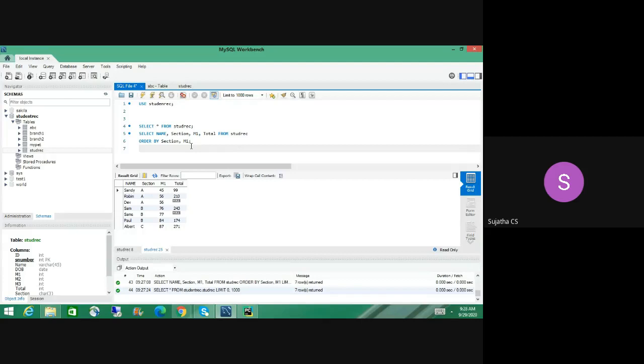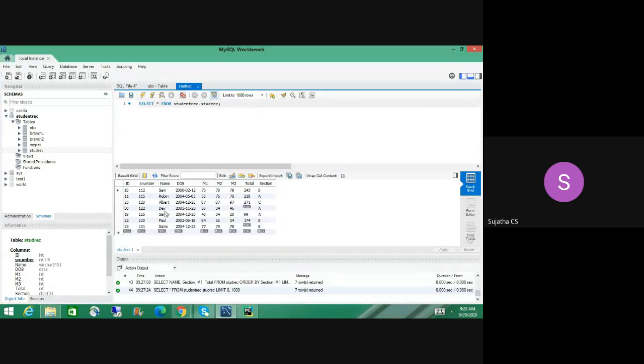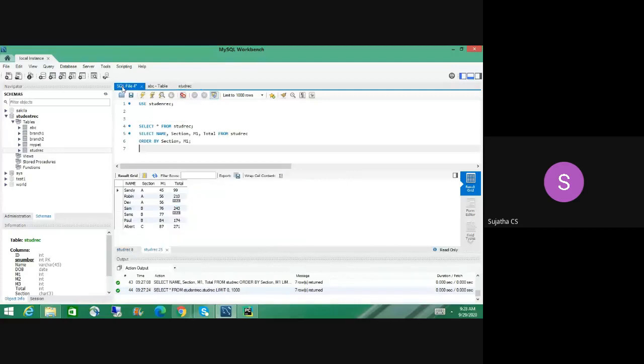So for example, let me go to student record. Here I want to take only Sam, Sandy, and then Paul. How can we do that? Using the where clause, there is a keyword in. Within brackets, I can put whatever records I have to fetch. So just write that and then execute that query. You can get all the details. So let me write that first.